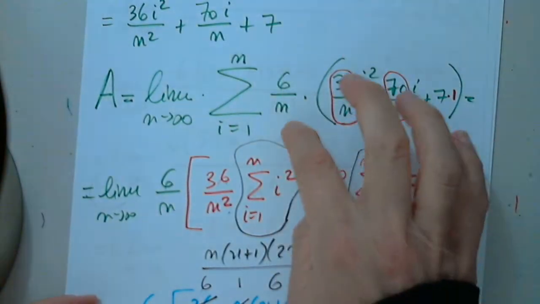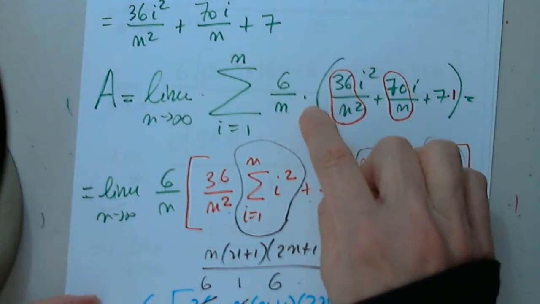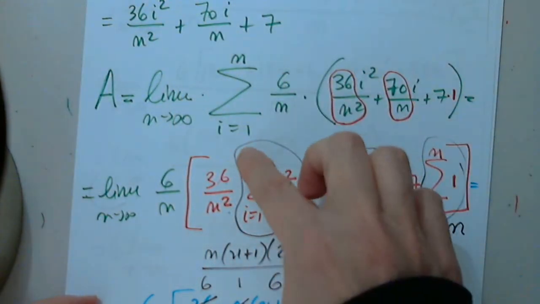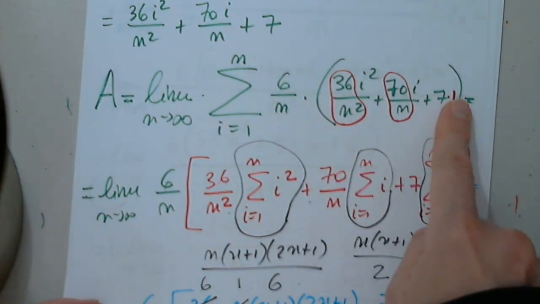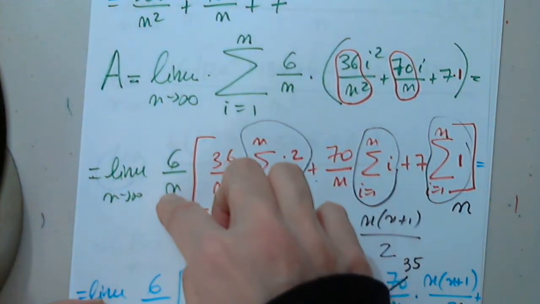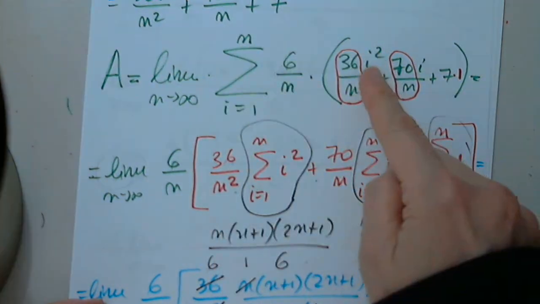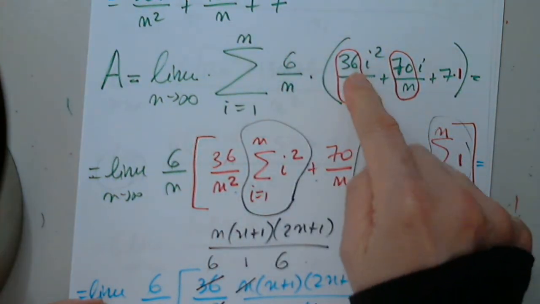If it's plus, you cannot move it in front, right? But it's a factor, of course. It's base times height. Base of the rectangle times the height. This is the base, this is the height. So this is a factor, goes in front, and when I apply the sigma notation to the first, I realize